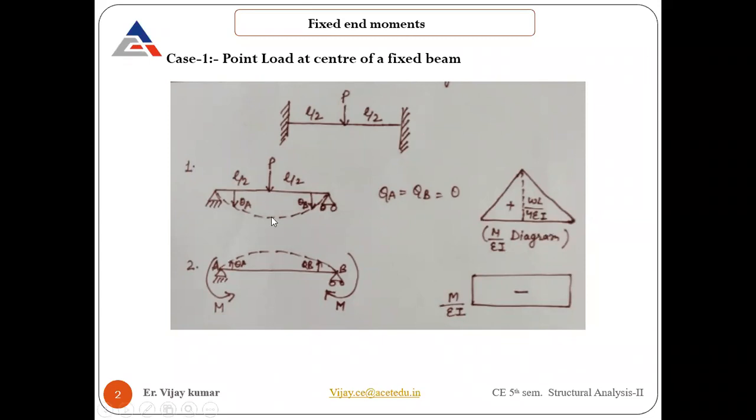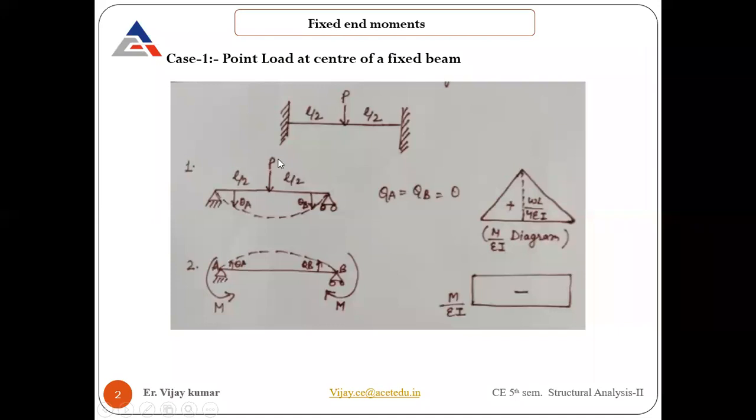Everybody knows that. If you draw the bending moment diagram for this simply supported beam with a point load acting, it will be a triangular diagram, and its magnitude comes out to be WL by 4EI. Do not ask why or how this value comes; it is a very basic fundamental that we have seen in strength of materials. If you do not know that, I am going to explain why this value comes, as some may not be aware.